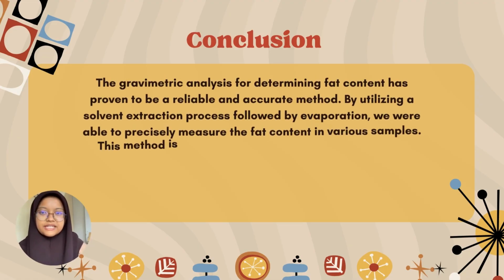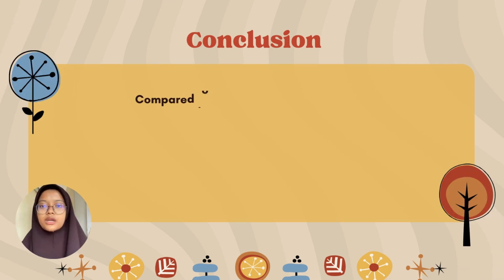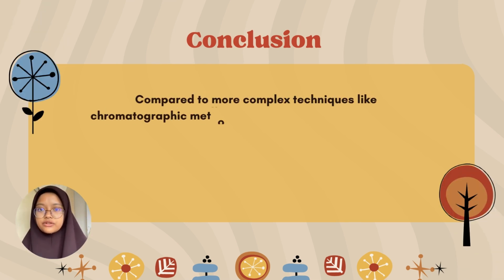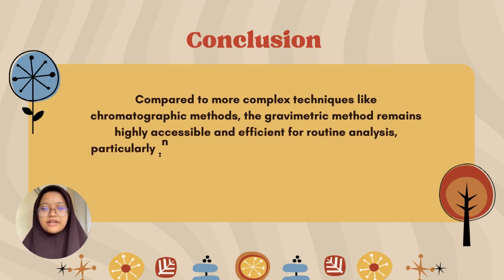So, the conclusion is, the gravimetric analysis for determining fat content has proven to be a reliable and accurate method. By utilizing a solvent extraction process followed by evaporation, we were able to precisely measure the fat content in various samples. This method is advantageous due to its straightforward procedure and cost effectiveness, requiring minimal specialized equipment. However, it is essential to ensure complete solvent removal to avoid inaccuracy. Compared to more complex techniques like chromatographic methods, the gravimetric method remains highly accessible and efficient for routine analysis, particularly